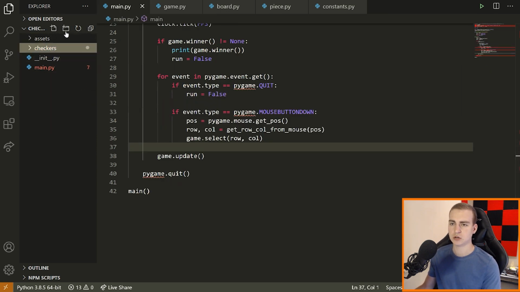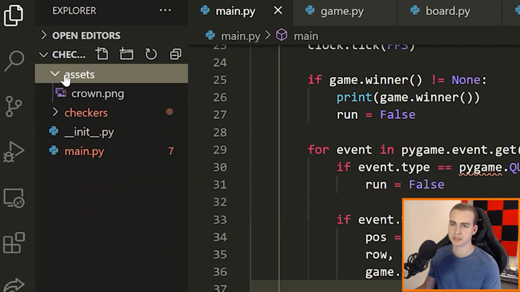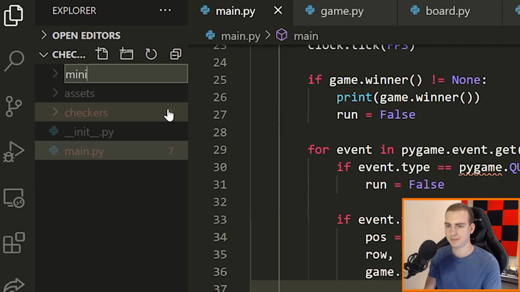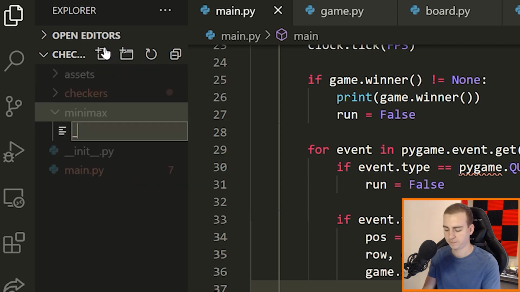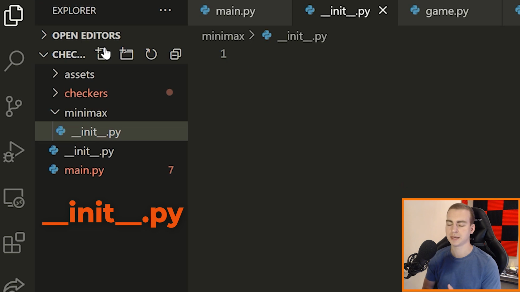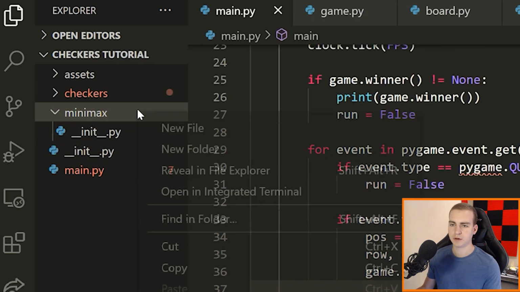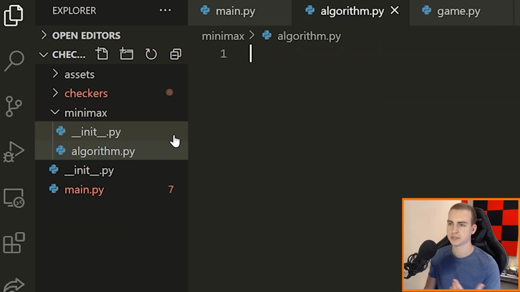What I'm going to do is add a new folder inside of this directory, not inside of the checkers directory, sorry, but inside of the upper level directory that I'm in, and I'm going to call this Minimax. Now inside of Minimax, I'm going to add a file, __init__.py. What this is going to do is make Minimax a package, which means I can import stuff directly from this Minimax folder. Inside of here now, I'm going to make a new file. I'm going to call this algorithm.py, and you can assume what's going to go in here, obviously the algorithm that